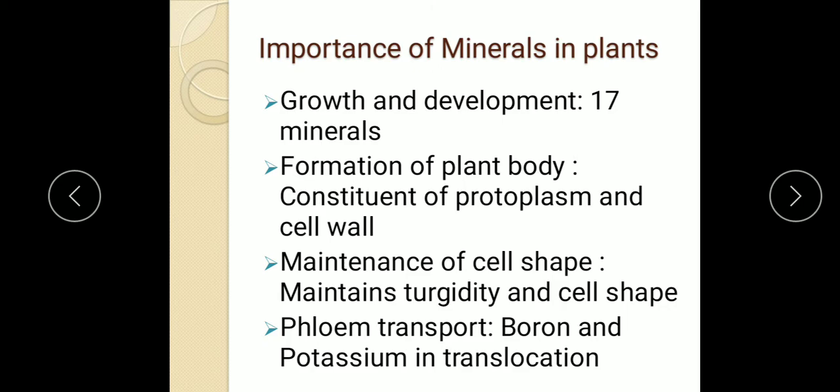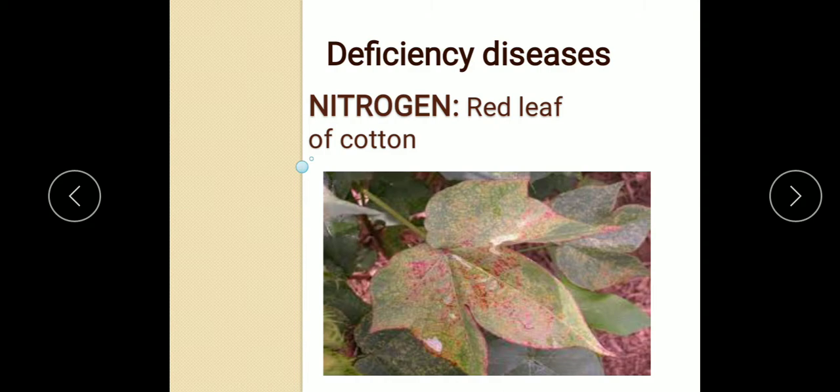So we will study in the next topic deficiency diseases in the plant. What are deficiency diseases? Deficiency diseases are the diseases when the plant does not get essential mineral nutrients in sufficient quantities. So when the plant does not get essential minerals, then it shows certain symptoms. Growth does not take place properly and some plants die also sometimes. So this causes deficiency diseases. So some deficiency diseases we will discuss here.